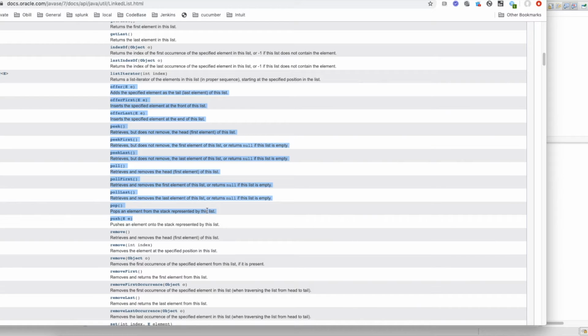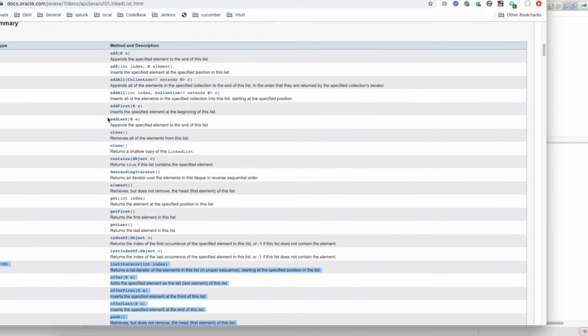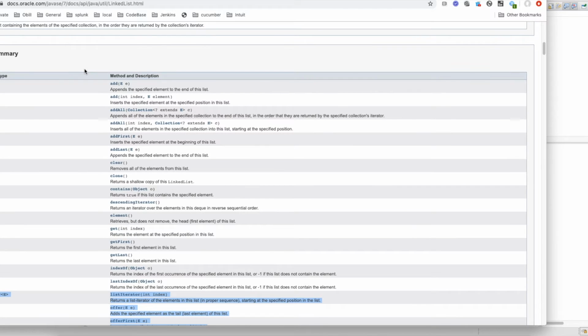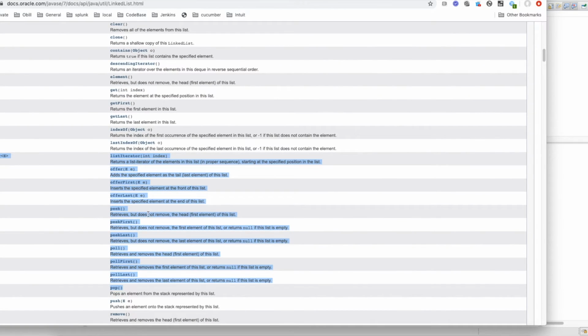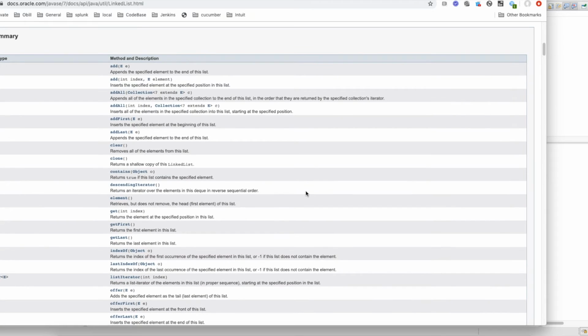All these methods I got from the Java documentation, guys. You can go and read this document, and it is very nice. All Java documentation is very well written, so you can go and read the methods. I copied the method definitions from here, and I'm just explaining the same methods so that you will come to know. Whenever you are working with Java, go and read the Java documentation which they have given us.